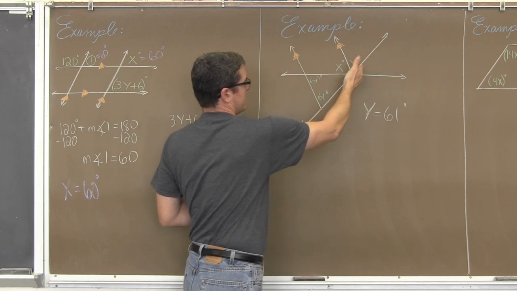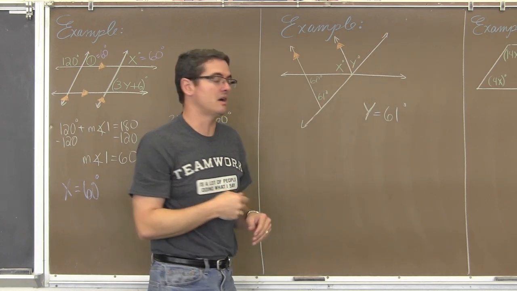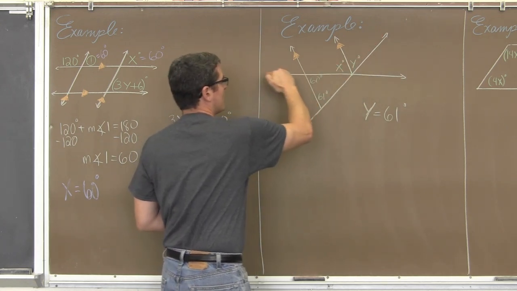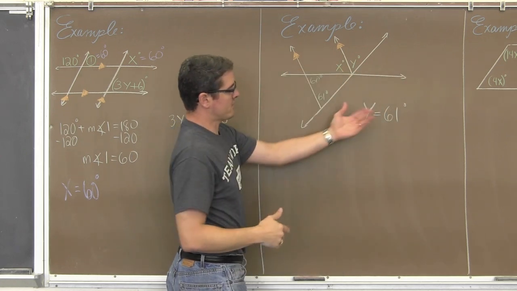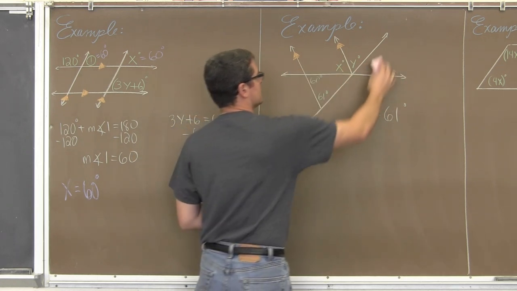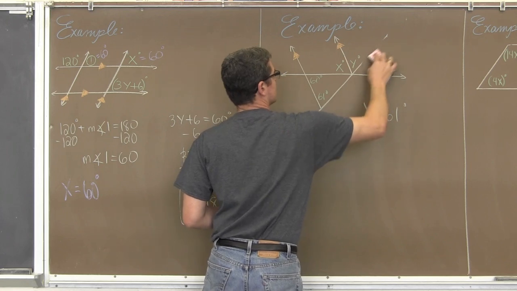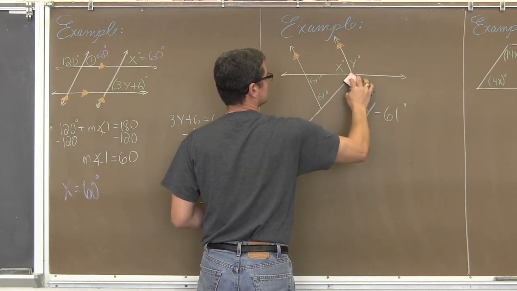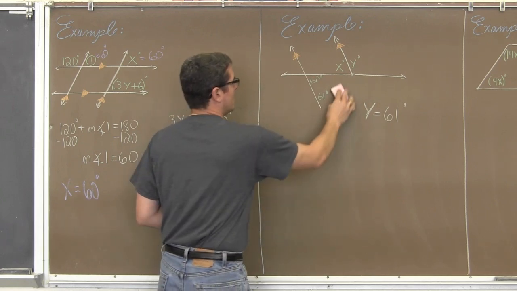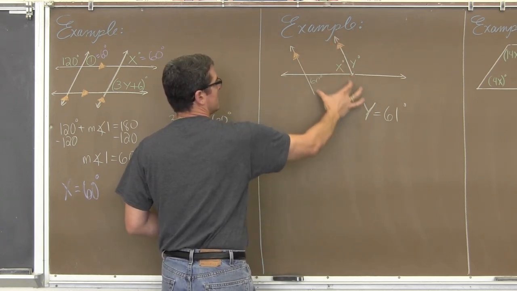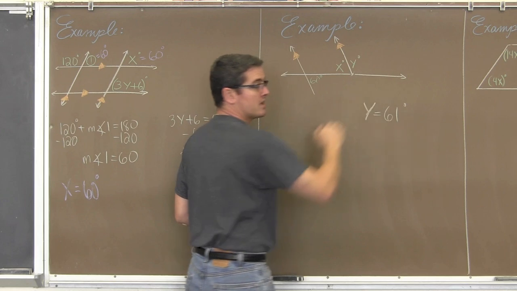Okay, now we have the x, and I still see my parallel lines, but angle x is not being formed by this line intersecting my two parallel lines. Angle x is being formed by this parallel line and this transversal. So since I've already figured out what y is equal to, let me take this transversal out of here. And do you see what's forming? We have two parallel lines being cut by a transversal.